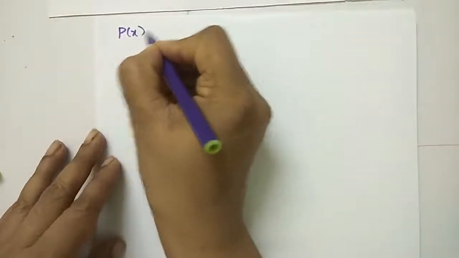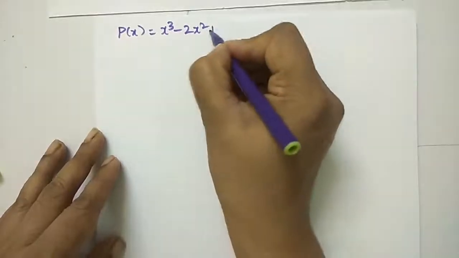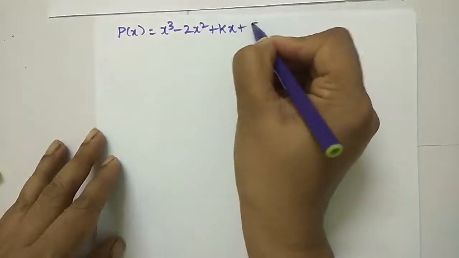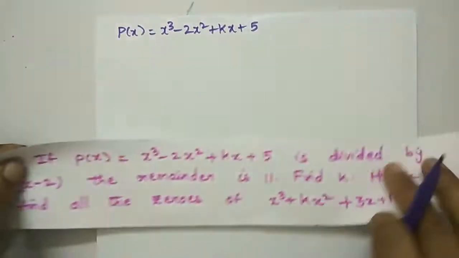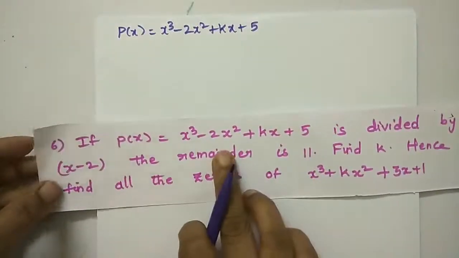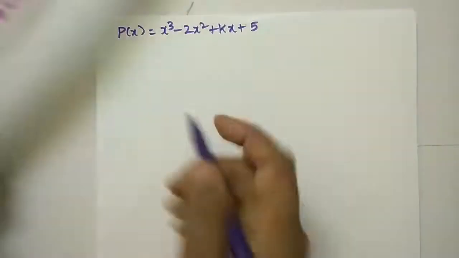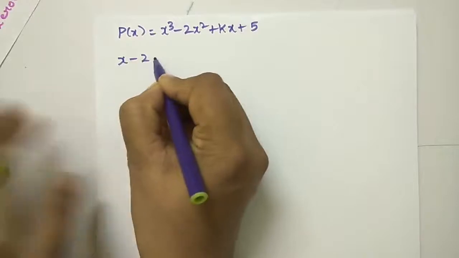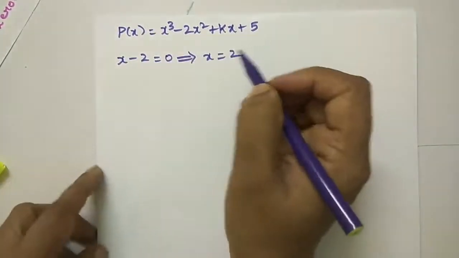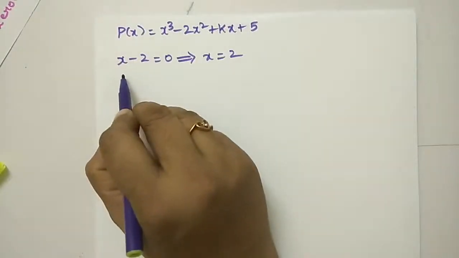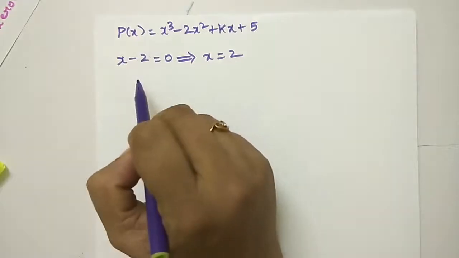P of x is equal to x cube minus 2x square plus kx plus 5. Okay. Here they have given x minus 2. Here they have given x minus 2 divides p of x. It is a linear equation, is it not? So we can get the value of x. X minus 2 equal to 0, x is equal to 2. Okay. As it is linear, and if this linear polynomial divides p of x, means by remainder theorem we